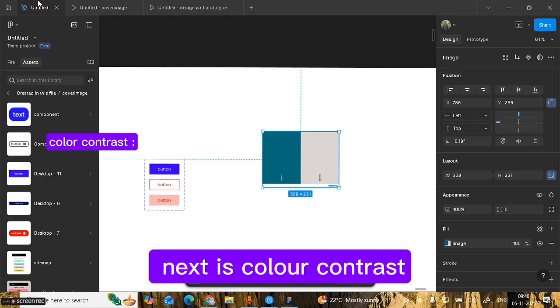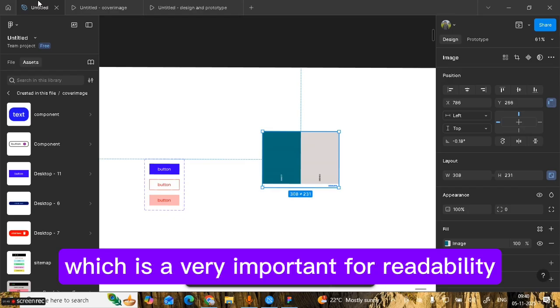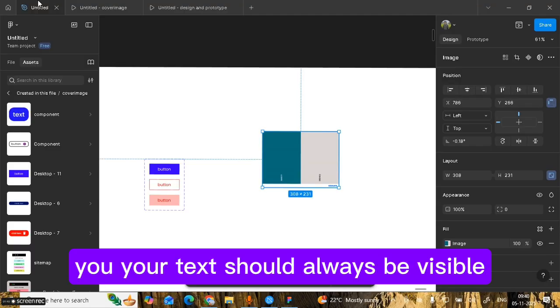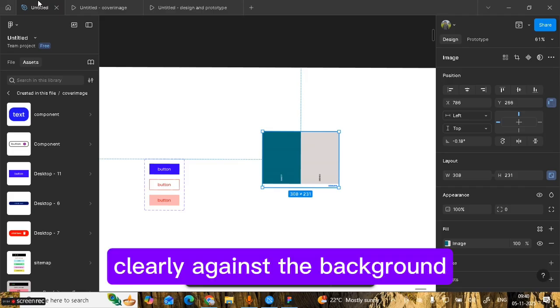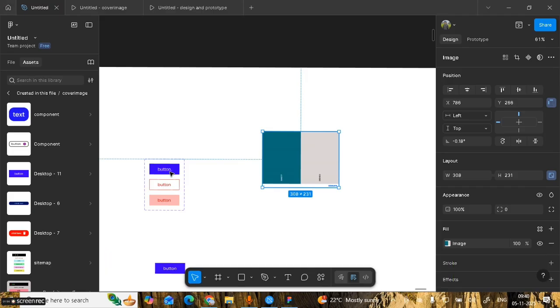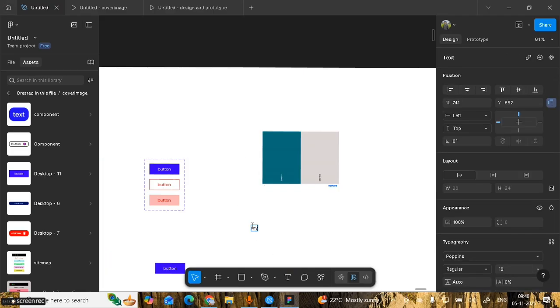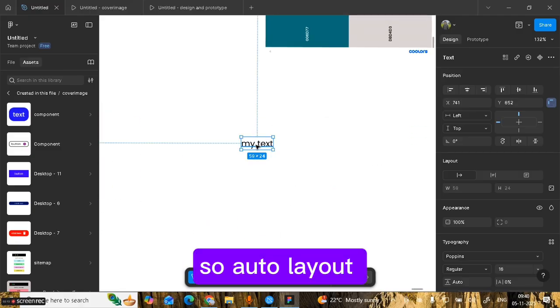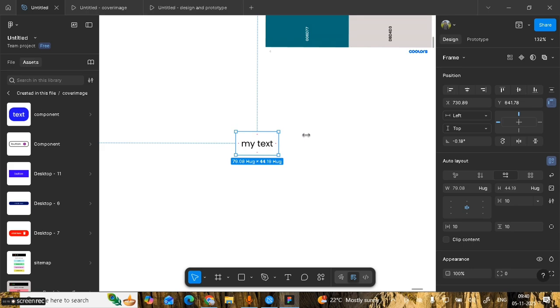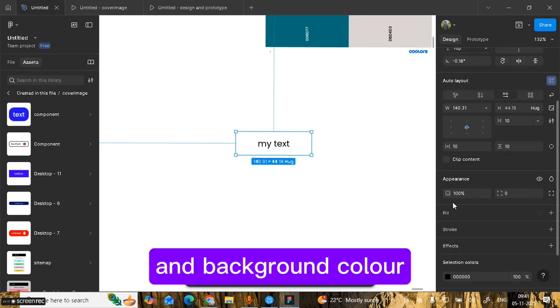Color contrast. Next is color contrast, which is very important for readability. Your text should always be visible clearly against the background. So for the layout and background color,